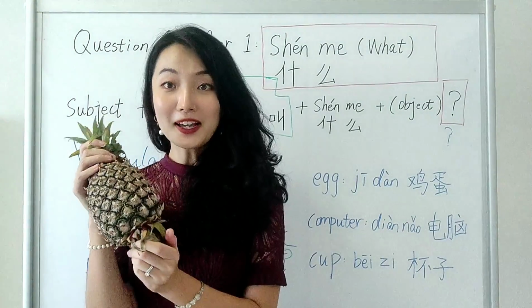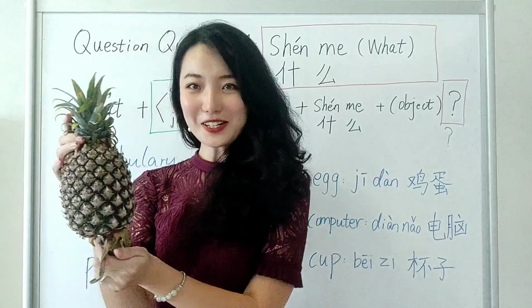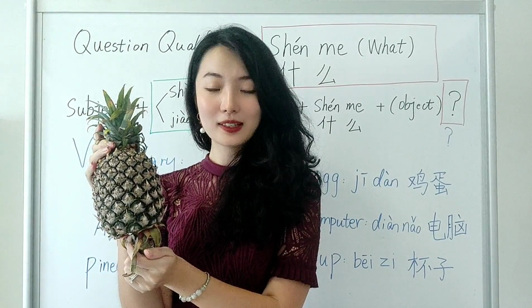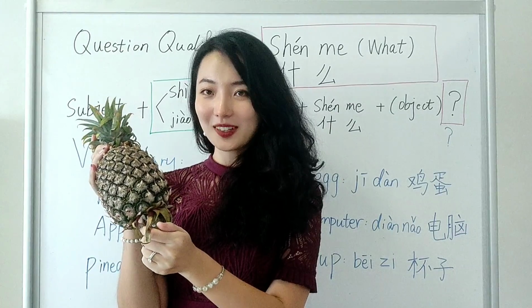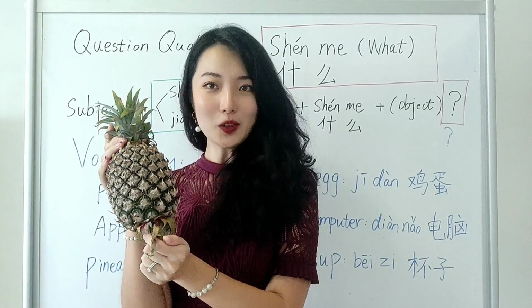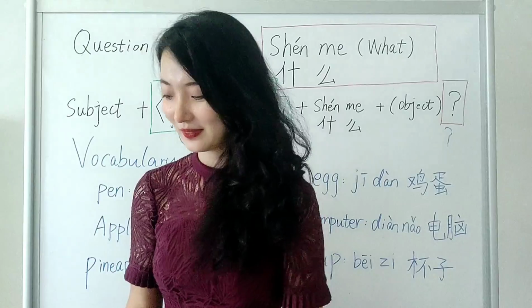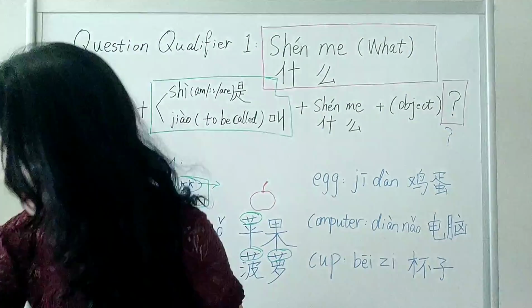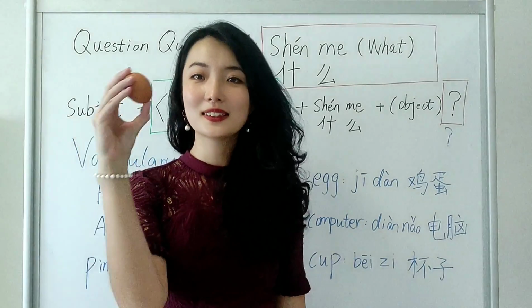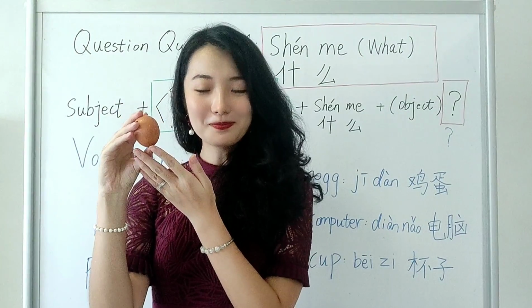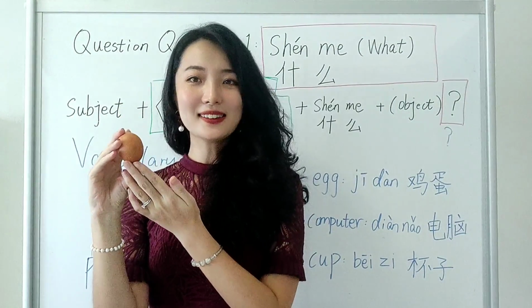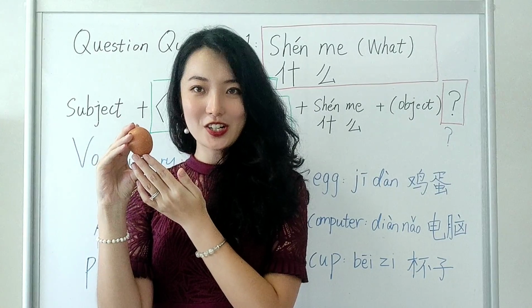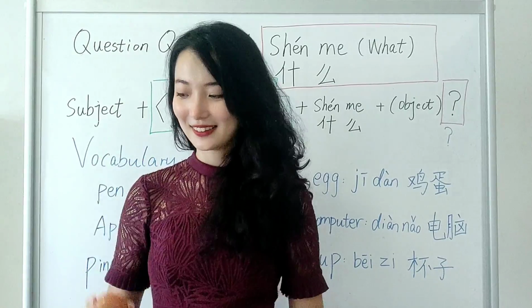So what about pineapple? 这是什么？这是菠萝。这是什么？这是菠萝。Next one. 这是什么？这是鸡蛋。这是什么？这是鸡蛋。